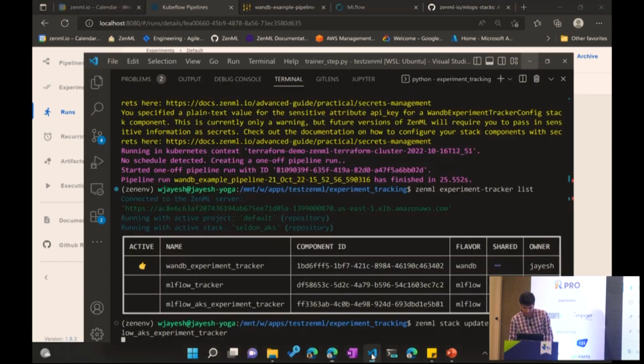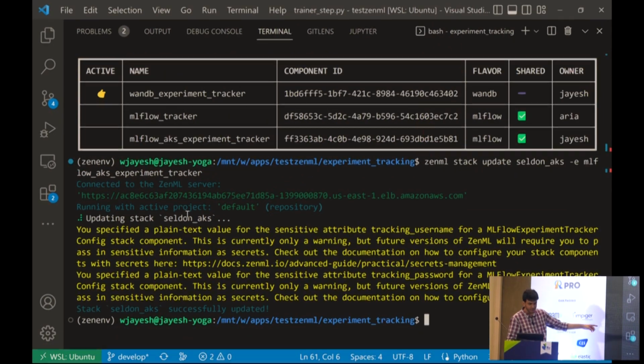Right, so if I go back into this, okay, yeah, I updated the stack. It says it's connected to this server, and it's updating the stack right now. So again, what I'll do is simply run python.py. No other changes at all. So that's how it works.